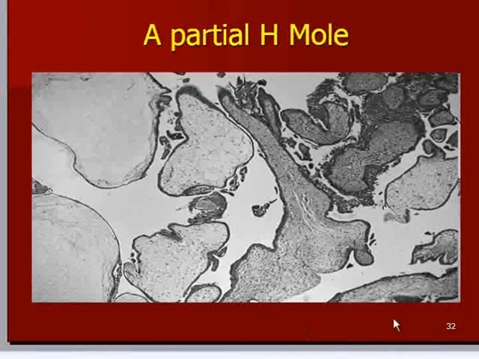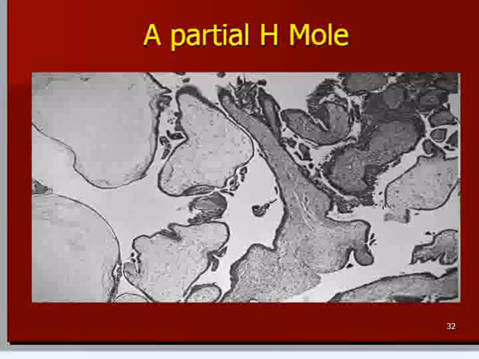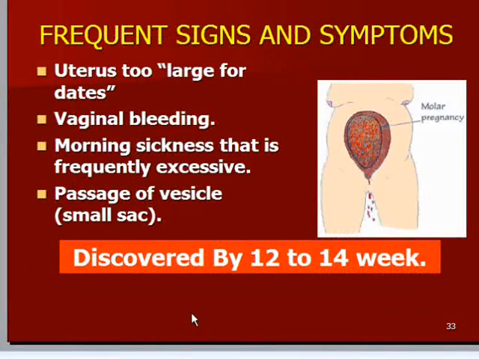So coming back here, it is a microscopy of the partial hydatidiform mole. So the clinical signs are like that. Basically, you can see the mother who is pregnancy test positive. You can see the uterus is growing very rapidly. So the mother might think that my child is really growing good, which is not actually correct. So this is an important phrase: uterus too large for the dates.